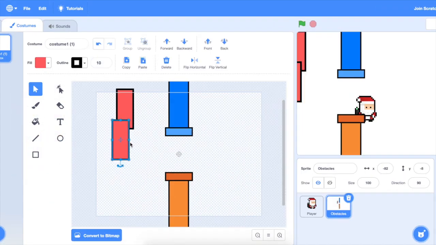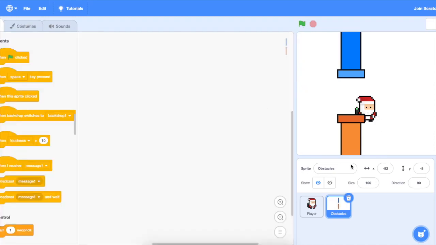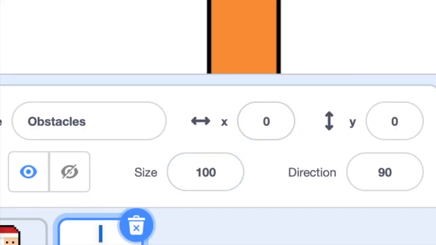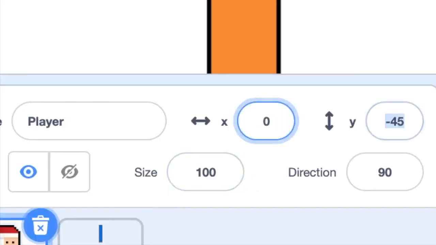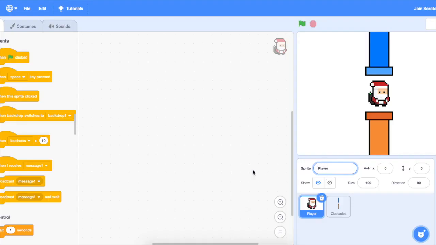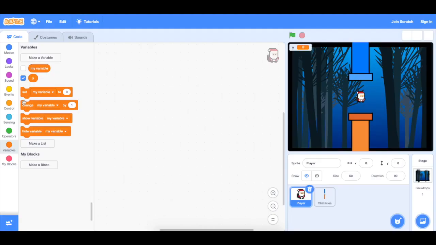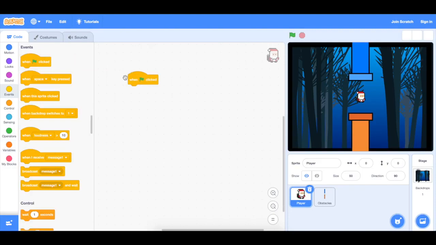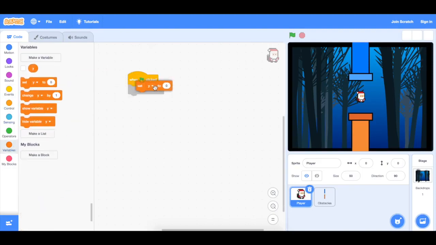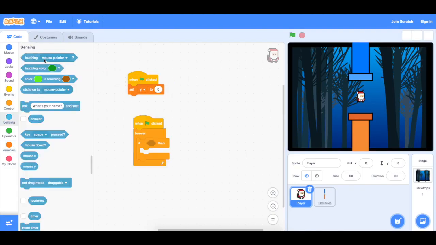So it's just basically a square on top of a square with an outline, and you duplicate it and flip the side. Now you're just gonna want to center everything to 0, 0. Then create a quick backdrop, and then let's create a variable called y and delete the other one. Now let's start coding. So first we want to set y to 0, and then we want to create this